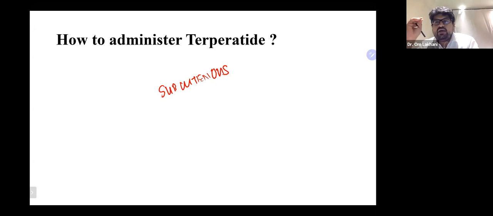Currently in India, the Teriparatide is available in cartridges with a separate pen. Now this pen is typically a generic type of pen, made mainly for insulin use. So you'll find markings on the pen which are mainly made for insulin use. They are not practically used for Teriparatide use, right?